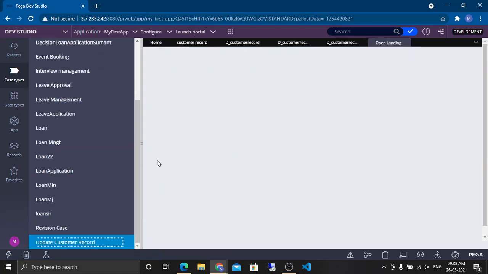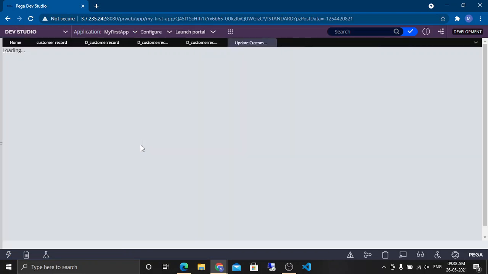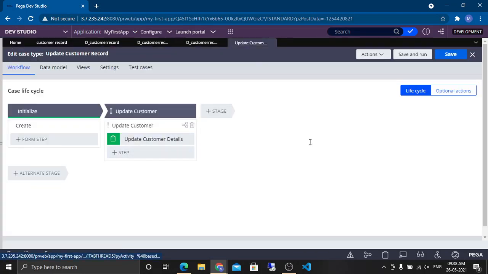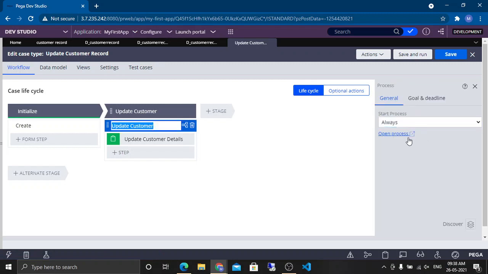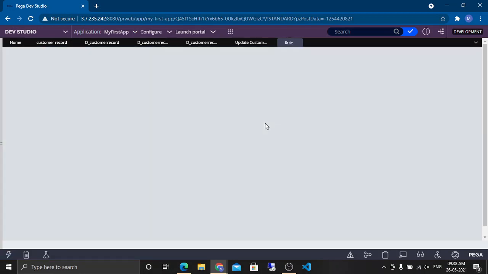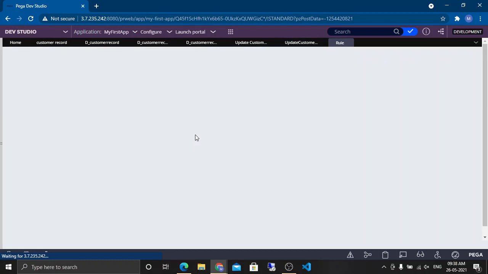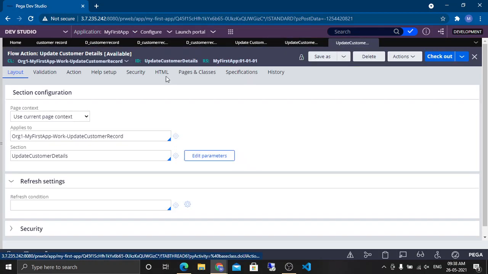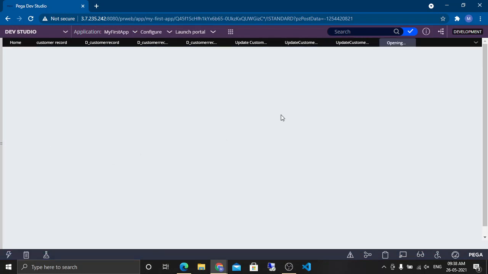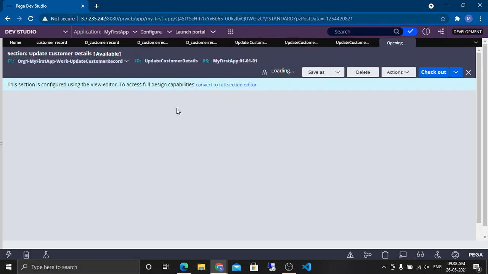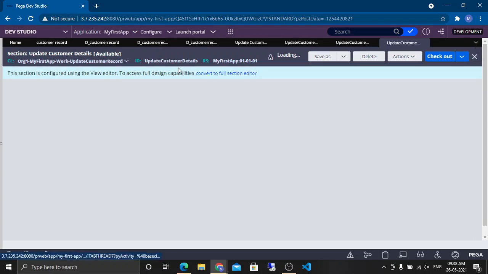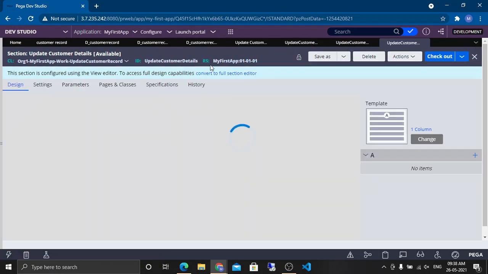This one, right? So again, if I open the flow action, sorry, flow, okay, and then open this flow action. See, now the flow action is created and even the section is created, although the section would be empty by default because I did not map any property to it, right? So I was just showing this as a handy shortcut that you can also use.